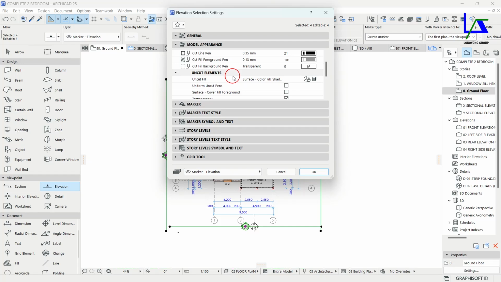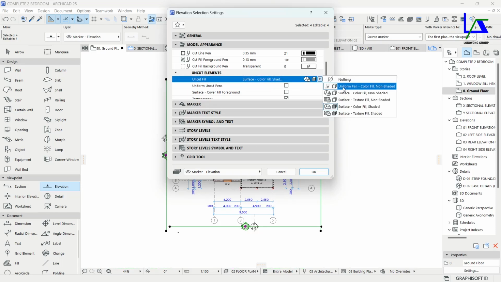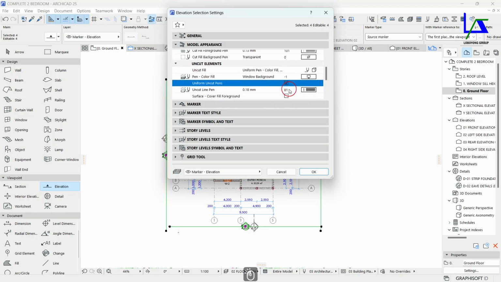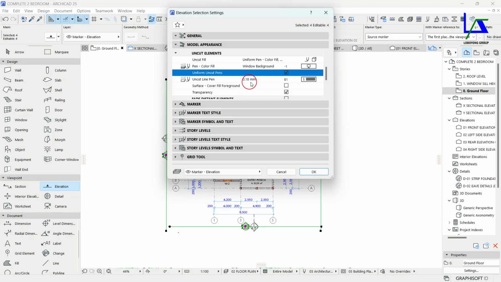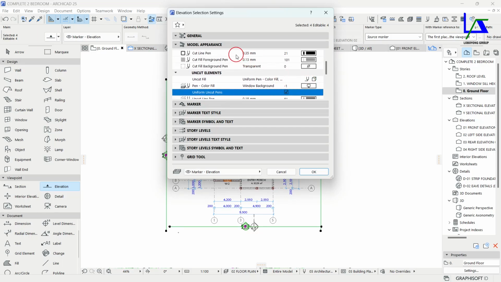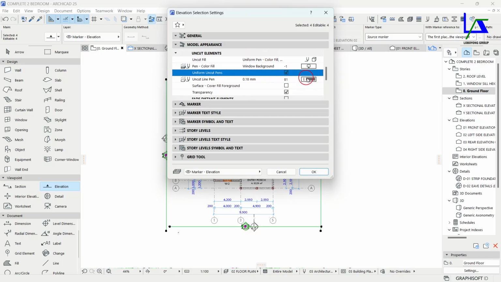You see, then now the uncut fill, instead of surface, you change it to uniform pen, like this. Then also the pen, uniform uncut pens, you check this box for uniform uncut pens, and then you'll find this uncut pens by default, it will give you 0.18 mm. The color is this dark gray color. You see, as you can see, the cut line pen is 0.35, and then the uncut one is